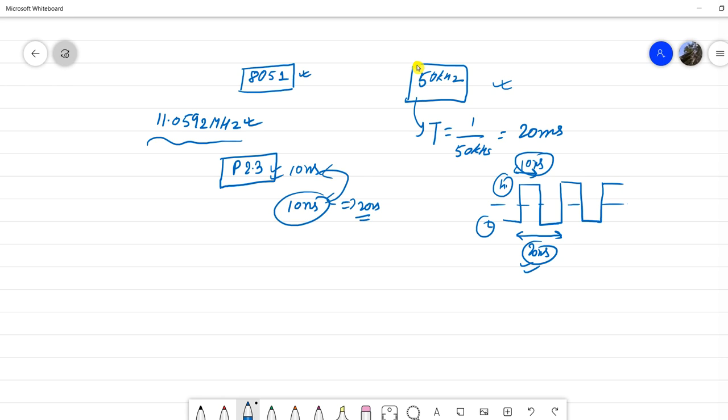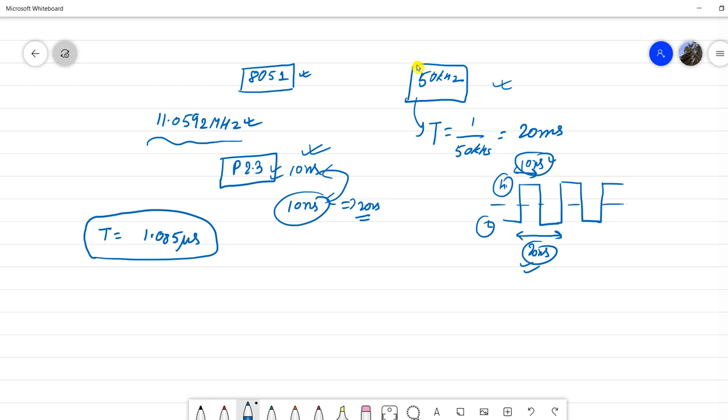Now we have to calculate the number of machine cycles needed to create the delay of 10 microsecond. We know that the time period of a machine cycle is 1.085 microsecond. The half time period we require is 10 microsecond.